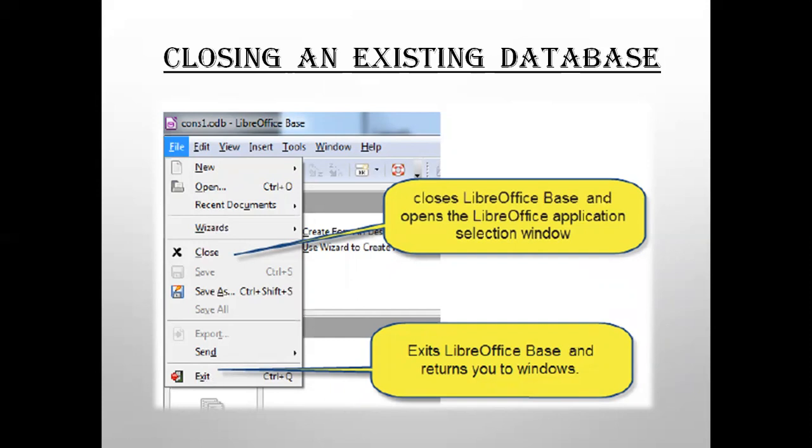So you can click on the X symbol on the window that you have been working, or you can click on the file exit option, or the shortcut there is the control Q. This shortcut key you can also press to exit the base application.